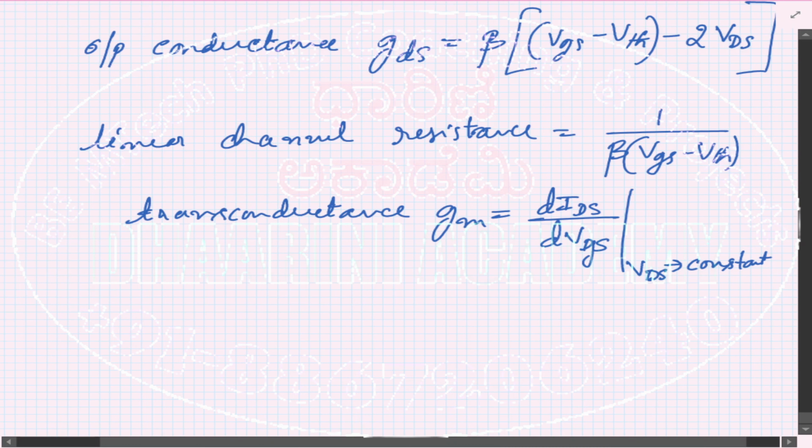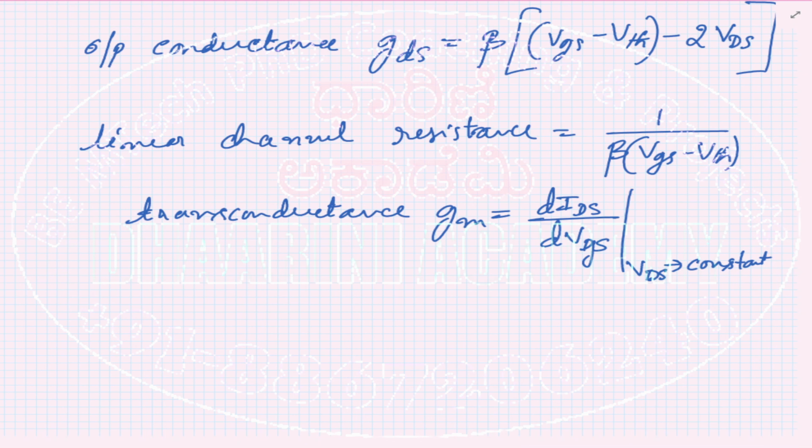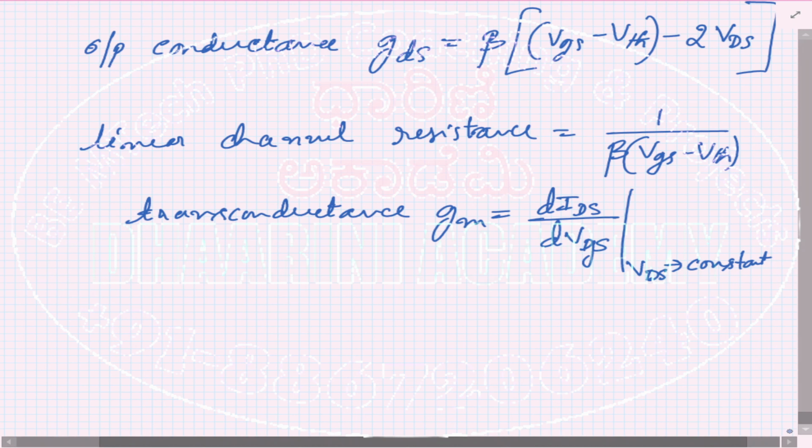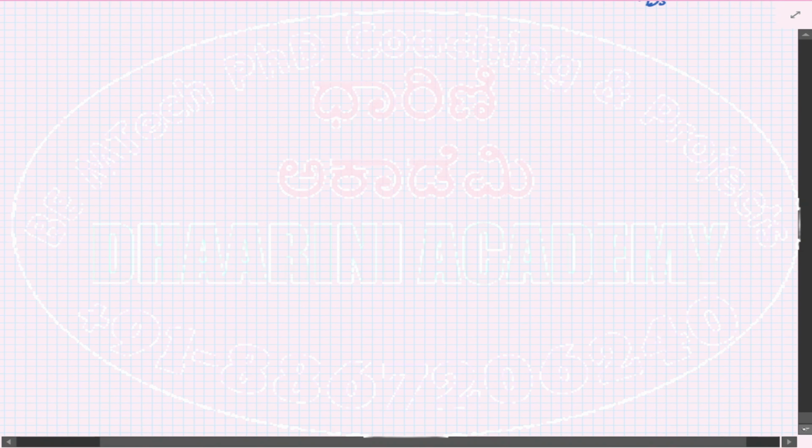Now, let's go for a problem, based on whatever we have studied in the previous sections. So I'll write the question. You can note down the important parameters only. If an NMOS has gate oxide